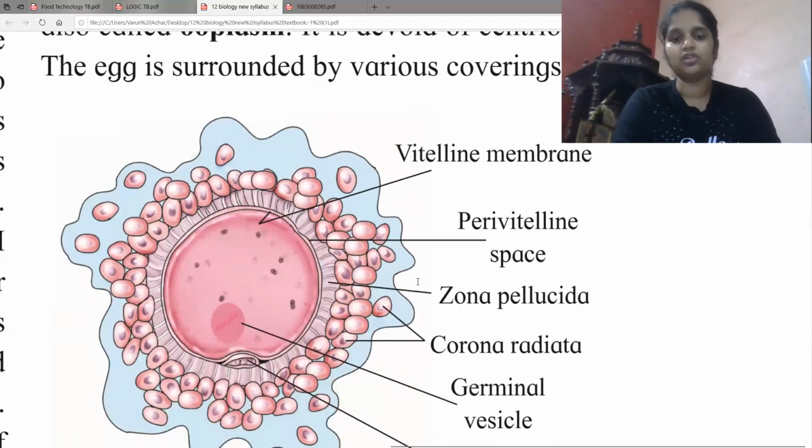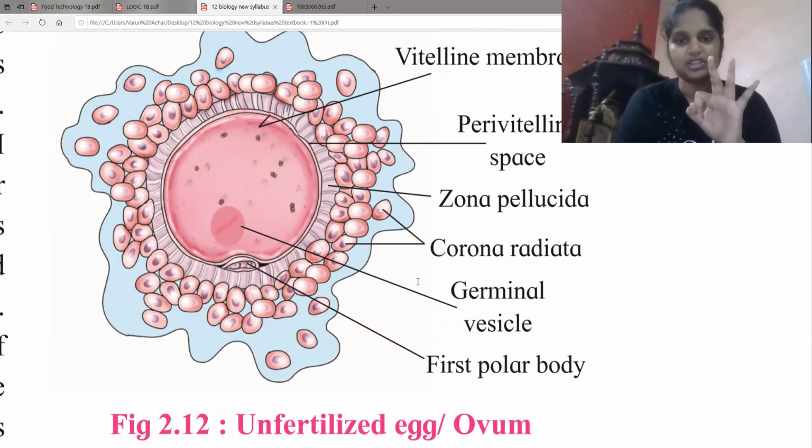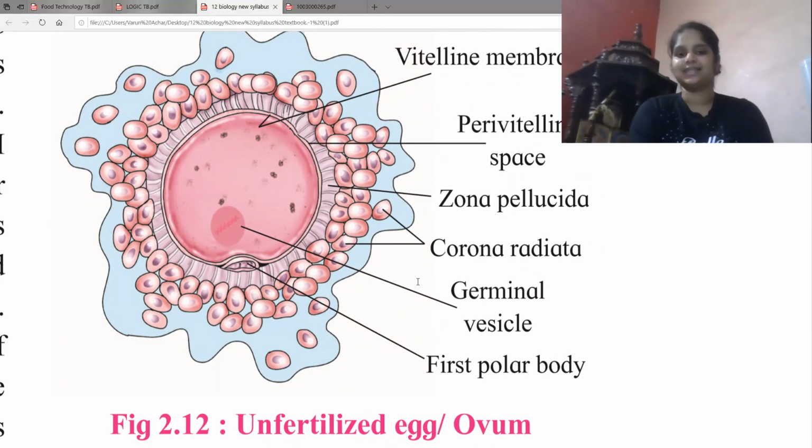Now what I want you all to do is draw this particular diagram and label it properly and submit it to me as an assignment, and you have to do this 3 times. Okay, so see you all tomorrow. Tomorrow we will be discussing about the changes that take place in this particular fertilized egg and how it is correlating with your menstrual cycle. So tomorrow we'll be studying about the menstrual cycle.